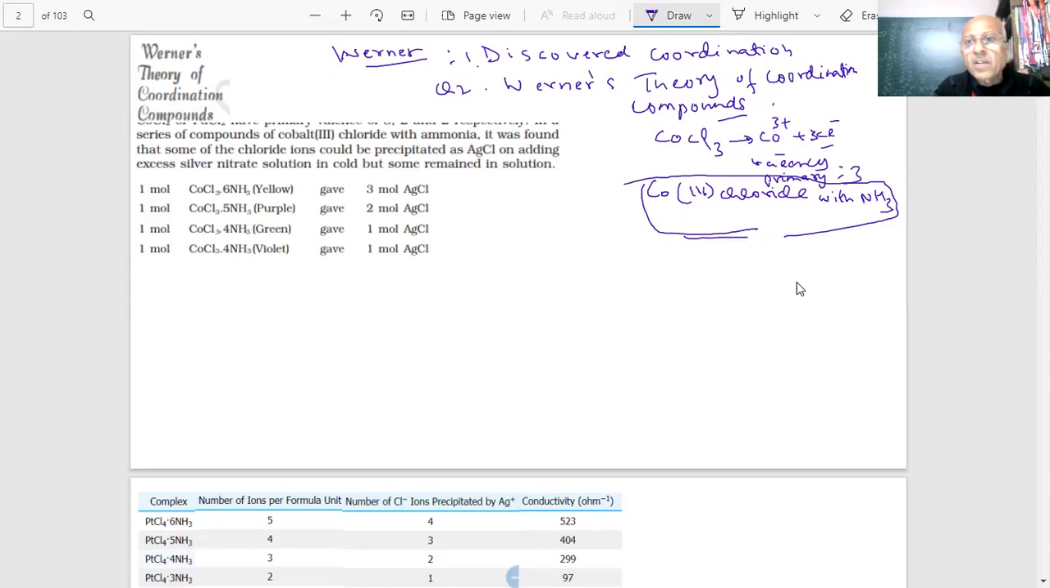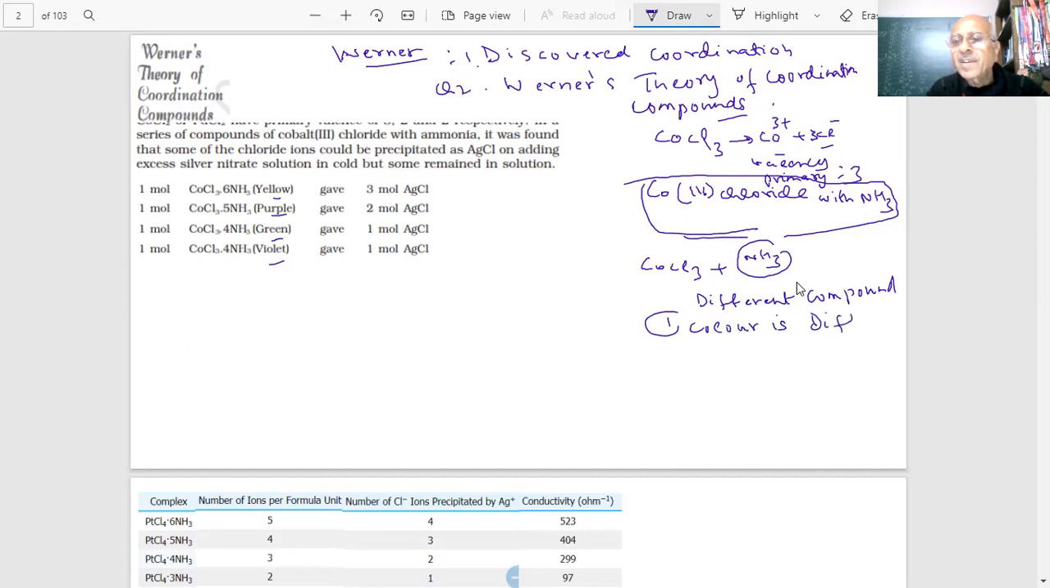So what I am trying to say is that you have CoCl3 and you are adding a solution of ammonia. What was the result? He was able to get, as you have seen, yellow, purple, green, and violet. You are getting not one, but different compounds. How do you say they are different compounds? First, the color is different. If the color is different, it is a different compound. And the second important point was that only some of the Cl- could be precipitated